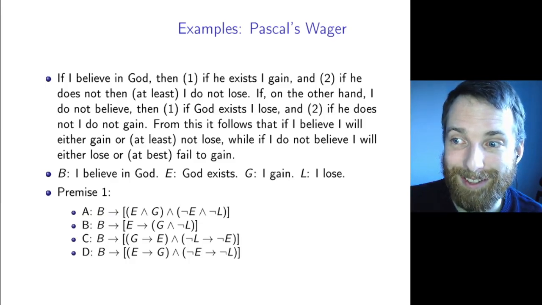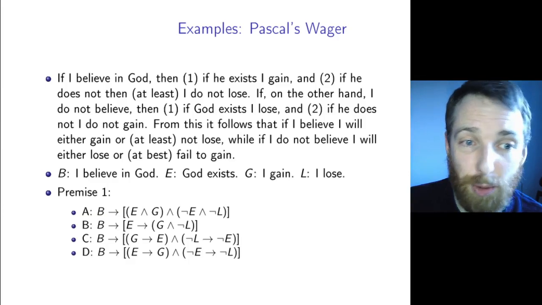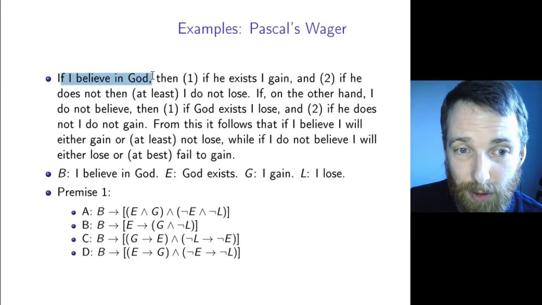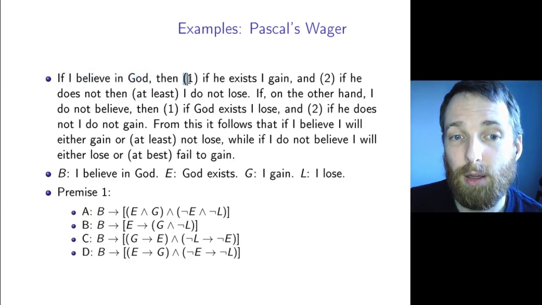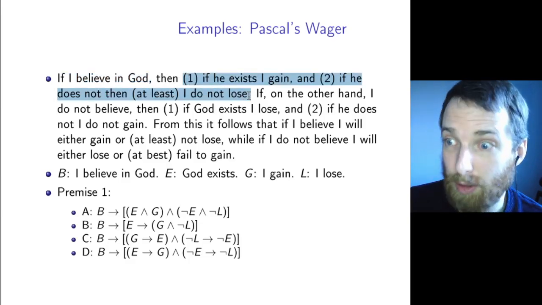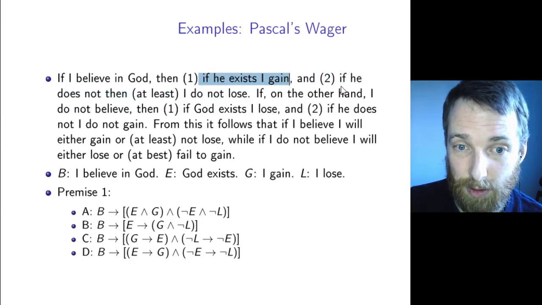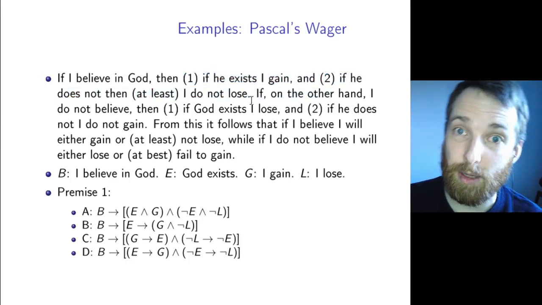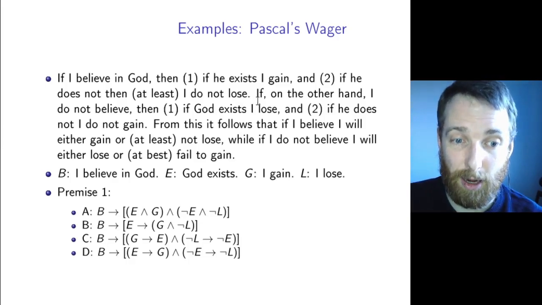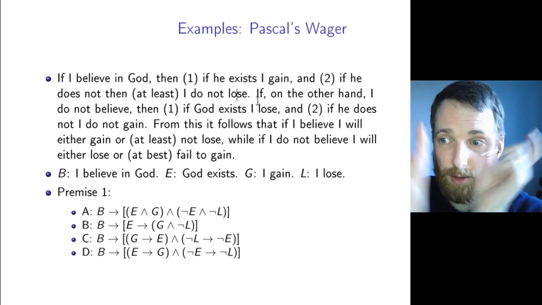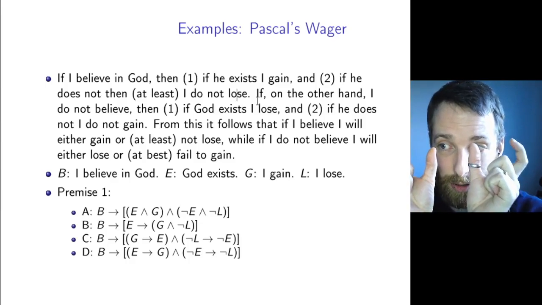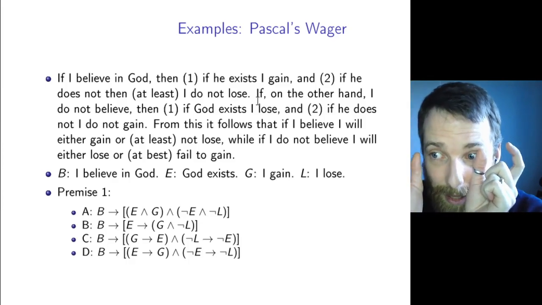Pause and think. Okay. So the first one we figured out was if I believe in God, then... a conjunction of two things. Conjunction because and. Each of the two things is a conditional. That's how we wound up with D being the right answer. B arrow in the square brackets and where the two conjuncts, the two things joined together by an and, are